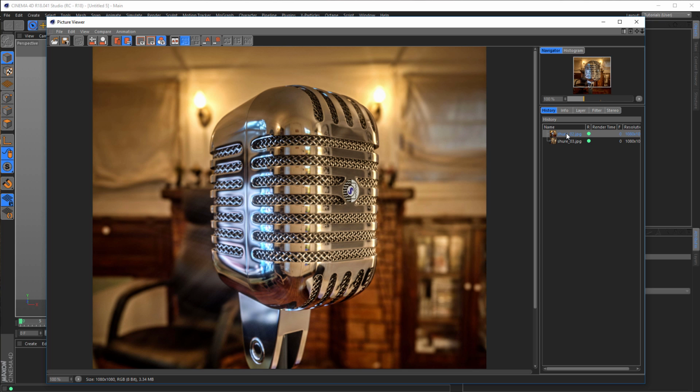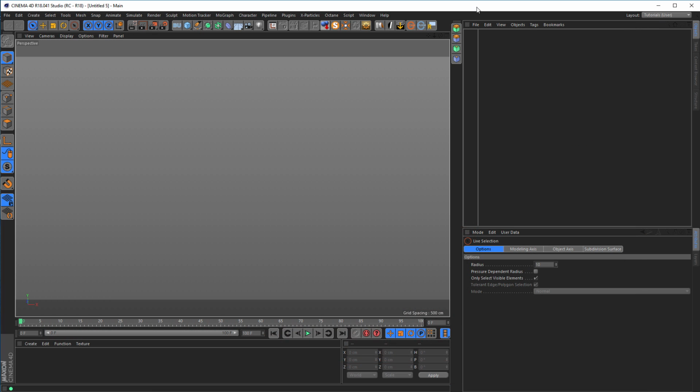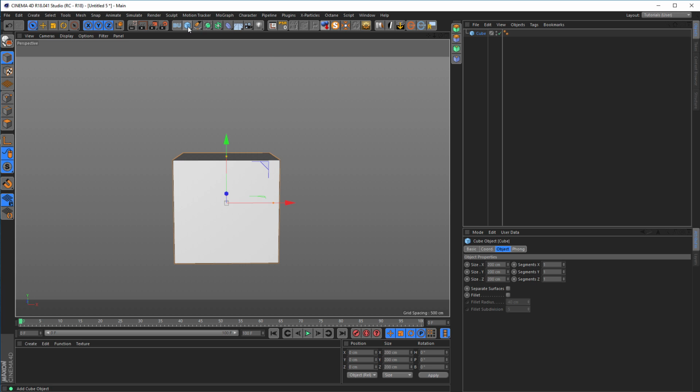I rendered this in Octane, but I'm sure we can do this with the physical render. We get a similar result. So yes, let's start. I started here with a cube,